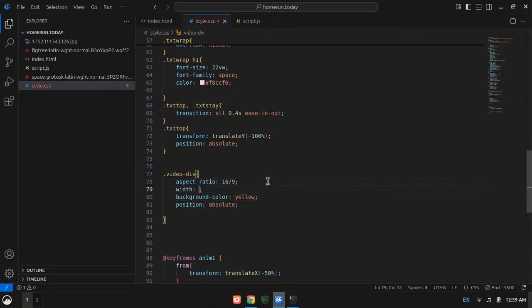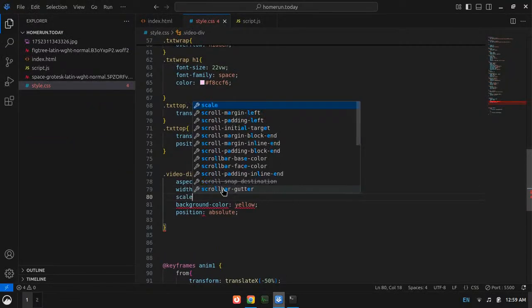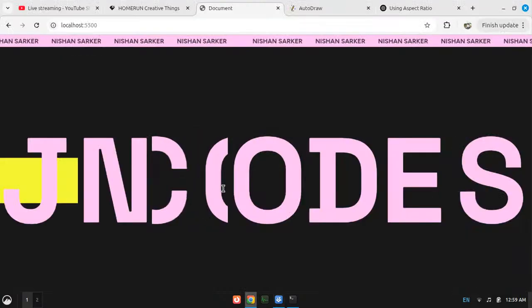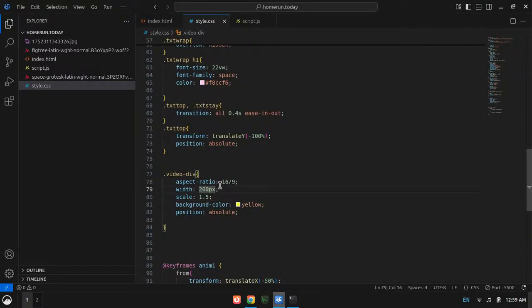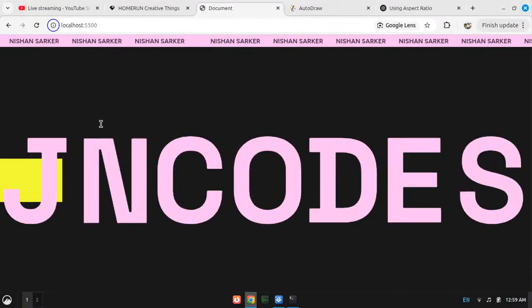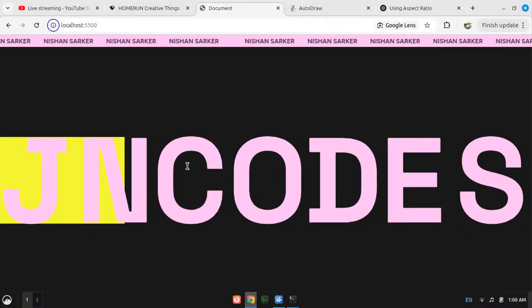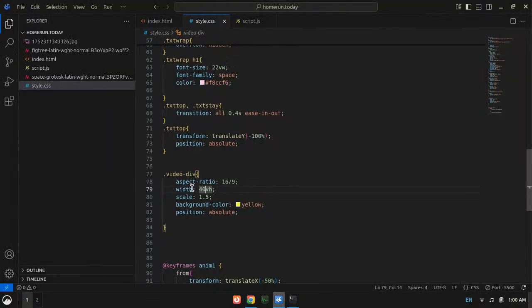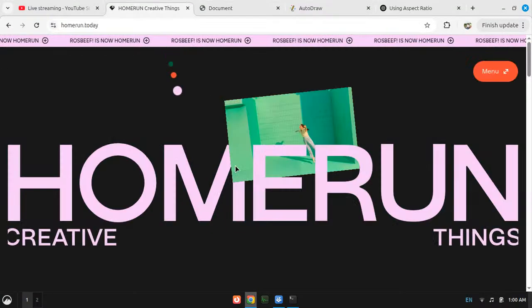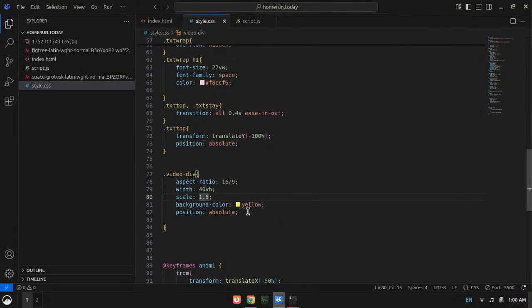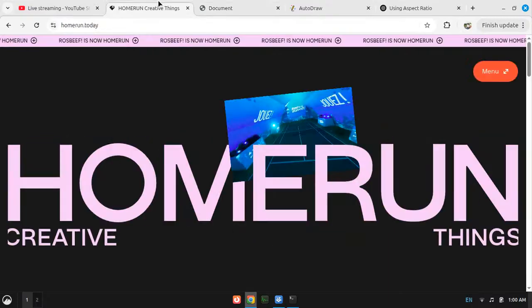Now the width in pixels, yeah, that gives it all, and I now need to scale it 1.5x. I will give it the width using vw, no, 40vh. That seems promising with a scale of 1.5. Now I need to move it left 50%. There it is, where it should be.